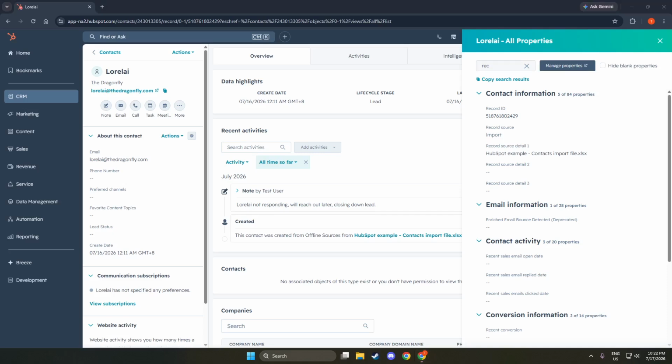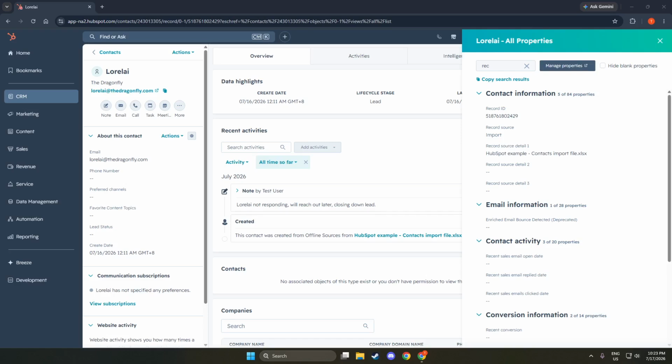Once you locate the Record ID property, it will display the unique ID for that record. This ID typically consists of a series of numbers and letters that serve as a unique identifier. You can copy this ID for your records or any further usage you may need it for. Knowing your Record ID is important because it makes tracking and managing records across various platforms much simpler.